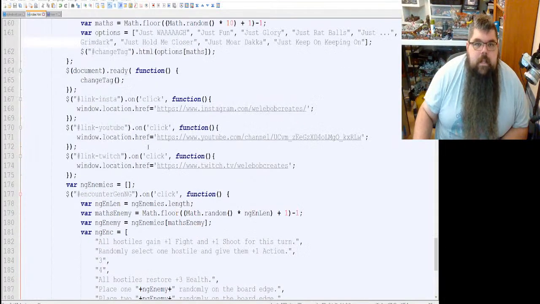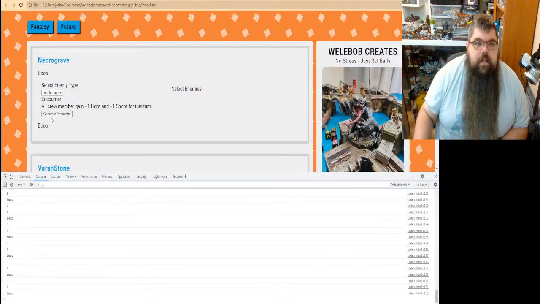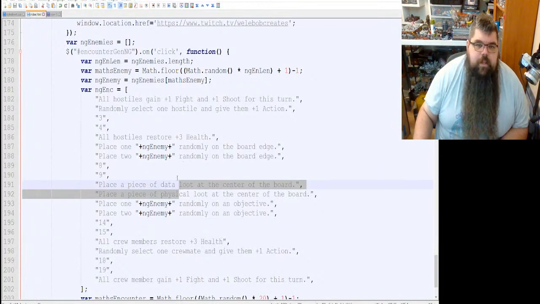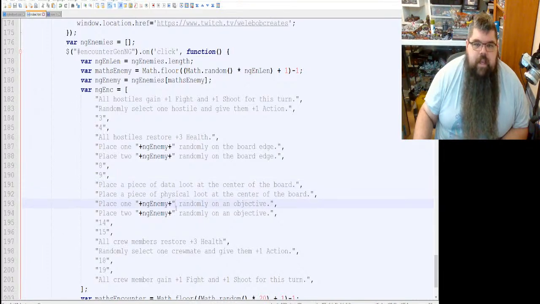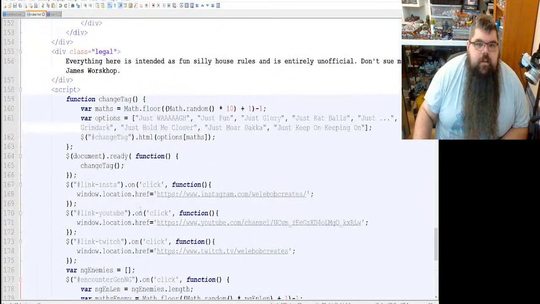I don't remember. Okay, so we have our random function here. It's randomly placing these guys, which is what we want, right? I need to fill this in with some more details. I'll come up with some fun stuff. Right now it's just some extra loot tokens, extra enemies, and then there's some really bad and really good options. Alright, so we got those.